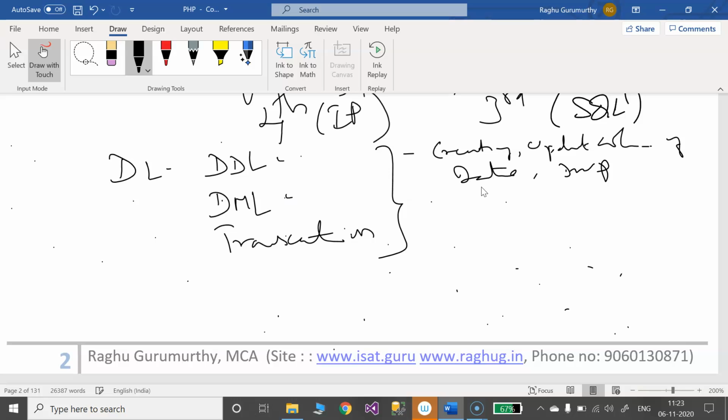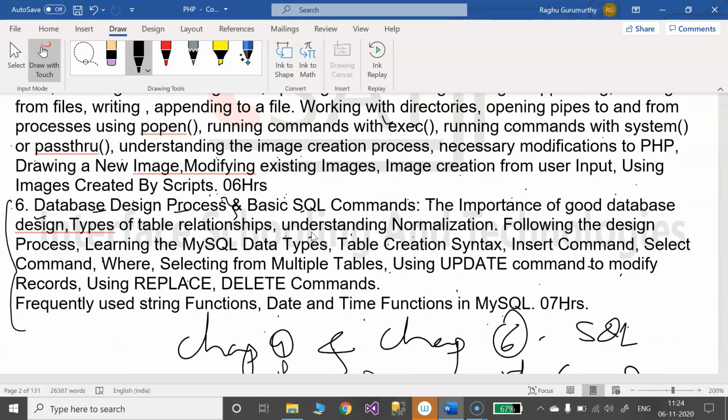In data manipulation language, what did we discuss? We discussed some data manipulation commands, something like insertion, followed by updation, deletion. These are what we discussed with respect to DML. Then with respect to transaction management, we studied some commands. Apart from this, what we studied, let's have a look at our syllabus copy here. Then we discussed